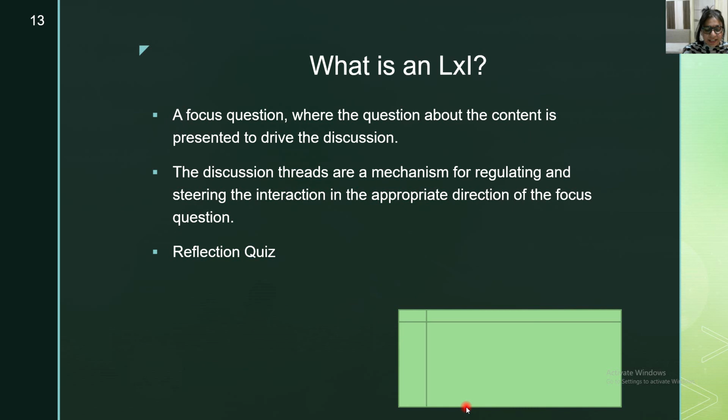Dear learner, let's have a look at possible answers for all the points which we had asked in the reflection spot. The focus question anchors the discussion. It avoids the scatter which can happen otherwise, meaning that the learners are forced to point their discussion post to the question which is asked, and thereby it sets a very clear deliverable.